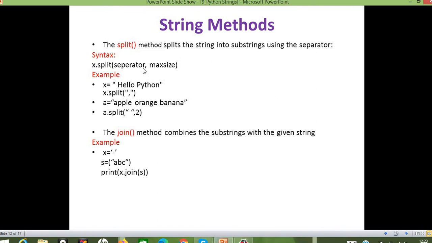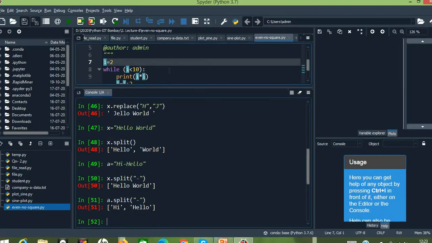So we have seen another syntax like separator comma maximum size. So what is this? So what is the separator we are going to use, and how many substrings we are going to consider? So that is also possible here. Let us see it with another example. Let me take b equals to, within double quotes, I'm taking some set of string.